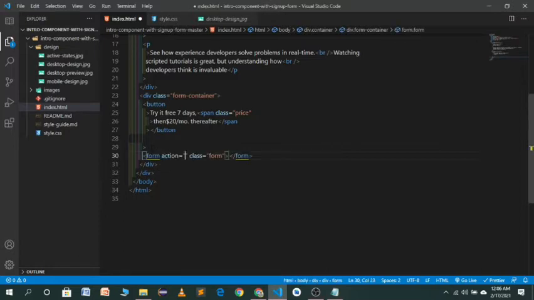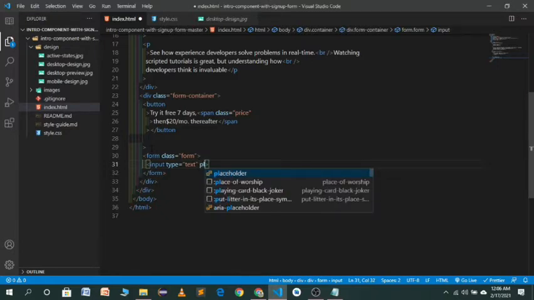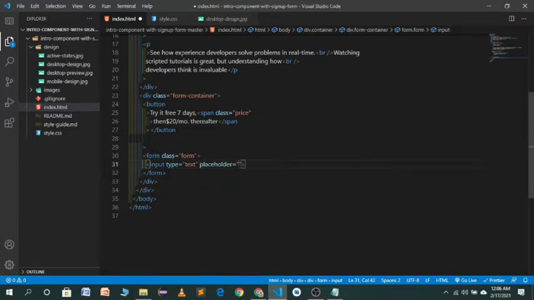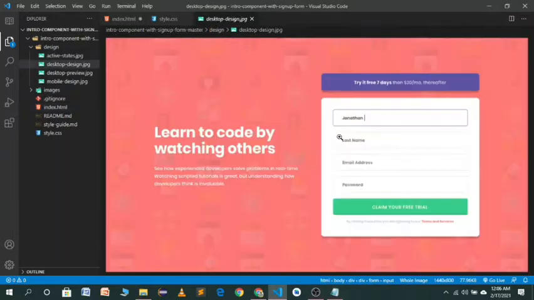We don't need an action right now, so here we will use input fields. We don't want an id and text, we want a placeholder. The placeholders will be first name, last name, email address and password. First name,